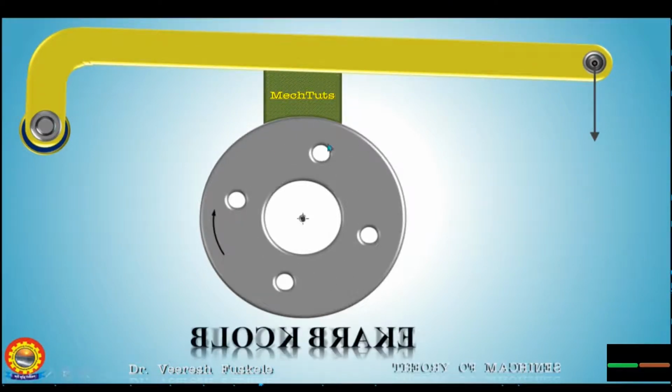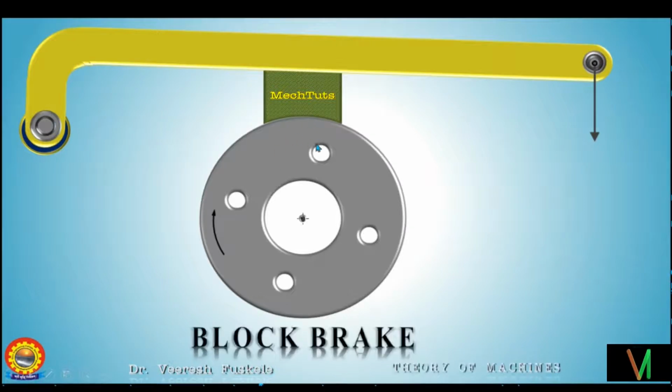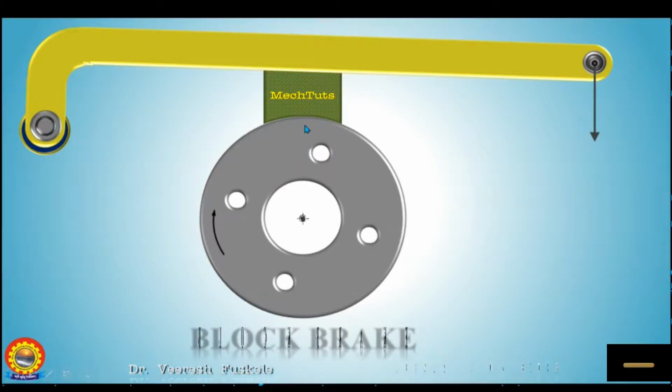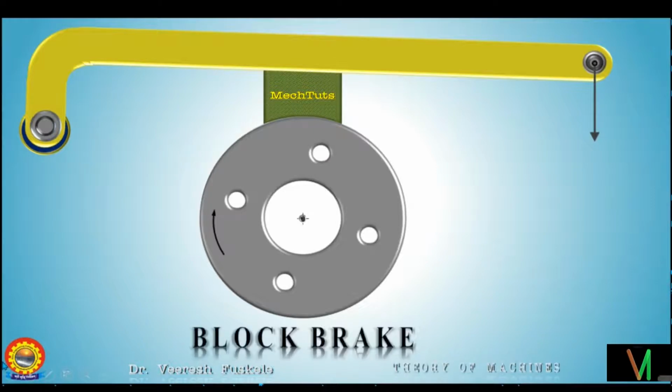Now having pressed the drum, the block will be applying a certain radial force on the drum, and in reaction to that, the drum will be applying some normal reaction to the block, which is something like this. So this will be the normal reaction of the drum on the block in response to the radial force that will be applied by the block on the drum.